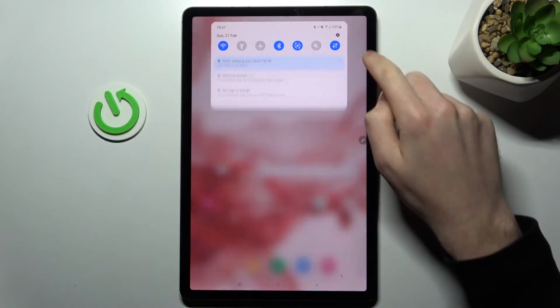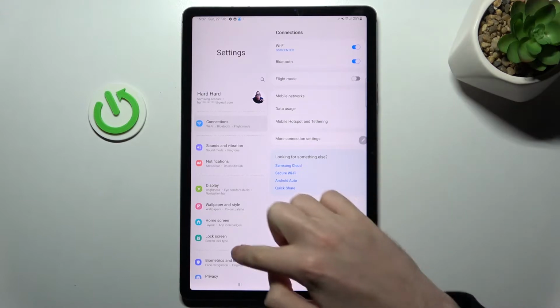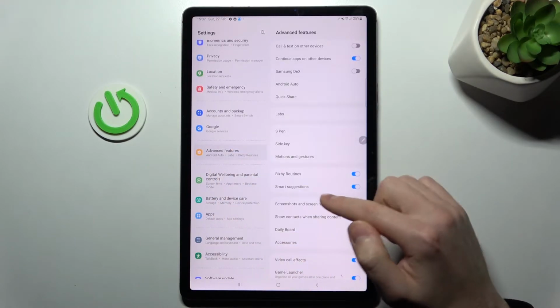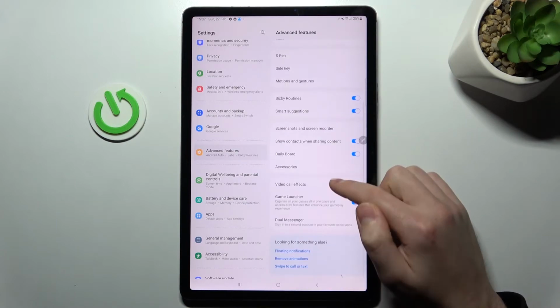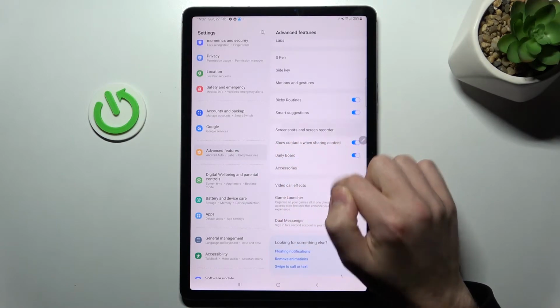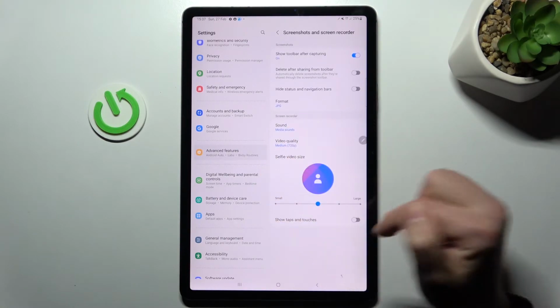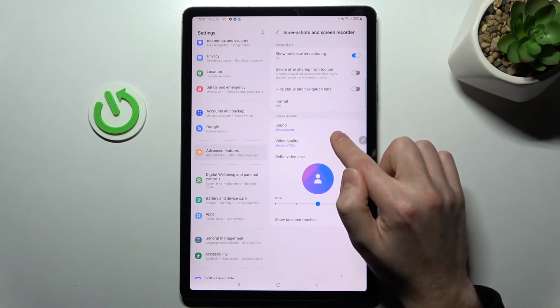First of all, you need to open your settings, and here you need to find the Advanced Features option. Go into it, and in this option you choose the Screenshot and Screen Recorder option. And now, as you can see, here will be your screen recorder block, and the first option in the list in